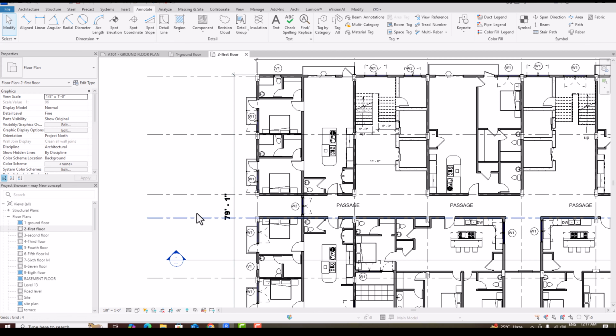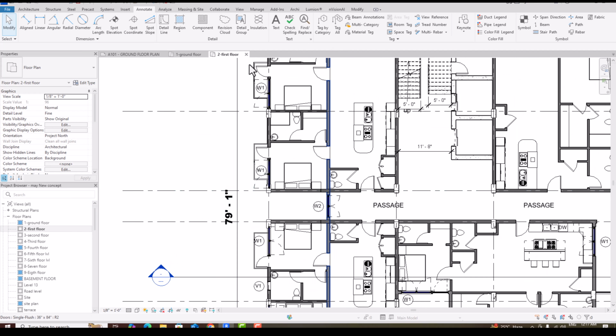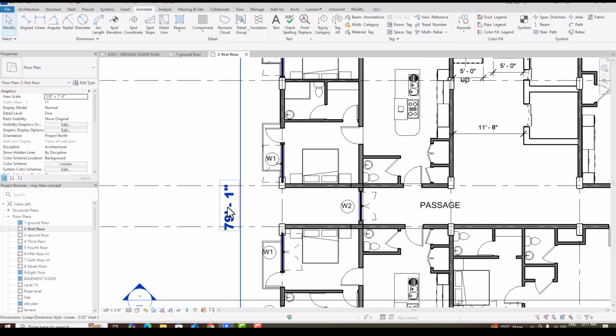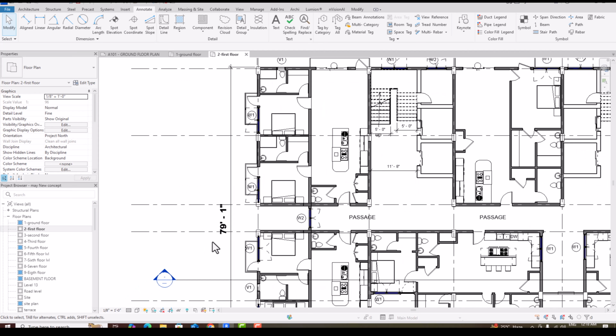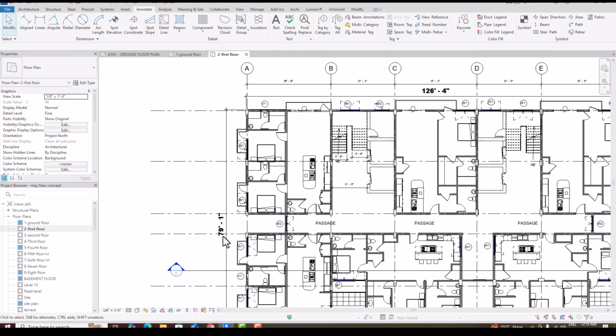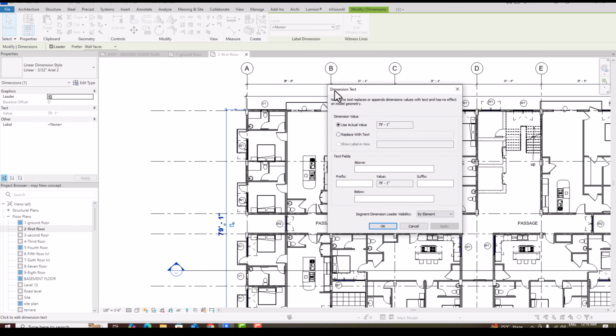So suppose this is 79 feet 1 inch. I want to make it approx 79 feet because no contractor is going to build this 1 inch. This is not possible at site to measure this much. So if you want to make it near about 79 feet, you can simply double click here and you can see